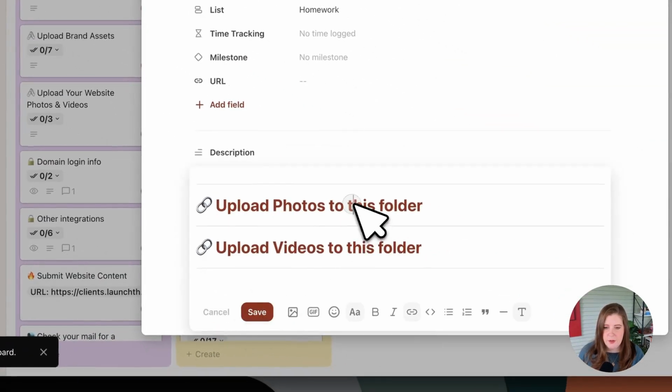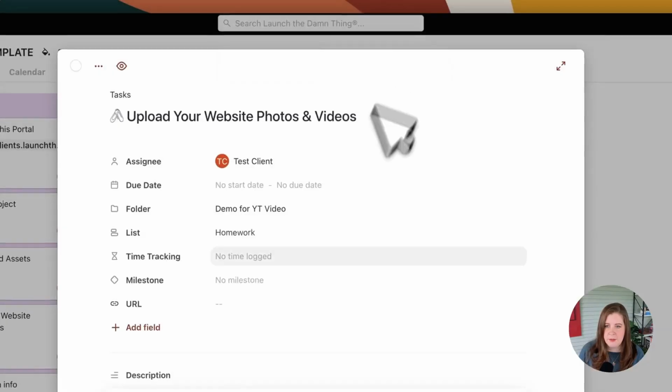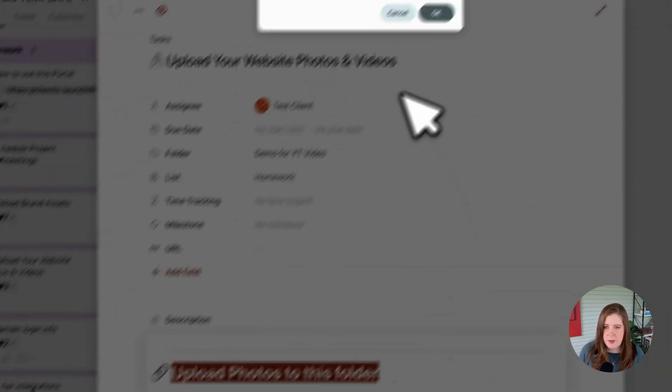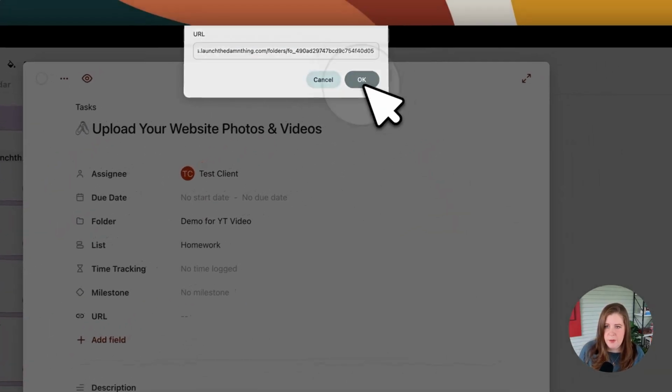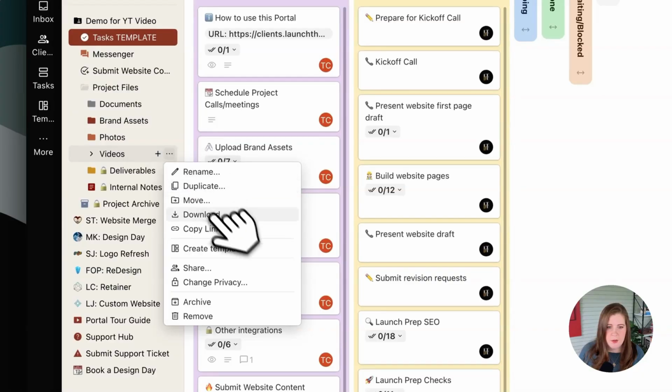And that was photos. So we'll change this one first. Paste. And I'll remove the old one, save the new one, save. And now we'll go to videos, copy link,